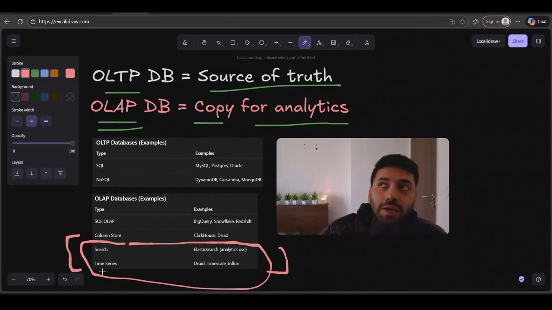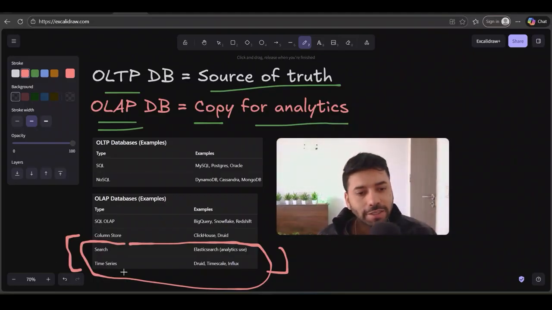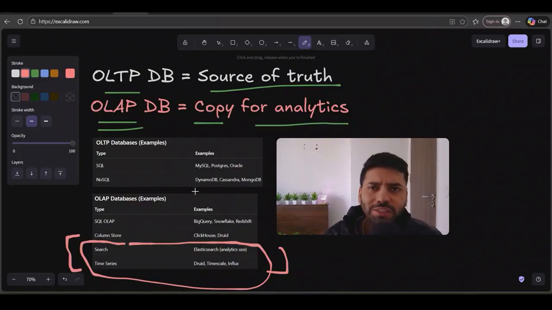Similarly, time series database is specific to time series related data storage and performing well in those queries. Okay, so both of these, search and time series database, are good for OLAP and not OLTP. But overall, in both OLTP and OLAP, you can use both SQL and NoSQL database depending on what features that database provide. Okay, and overall OLAP can be used for analytics, for creating metrics, dashboards, analyzing the logs,